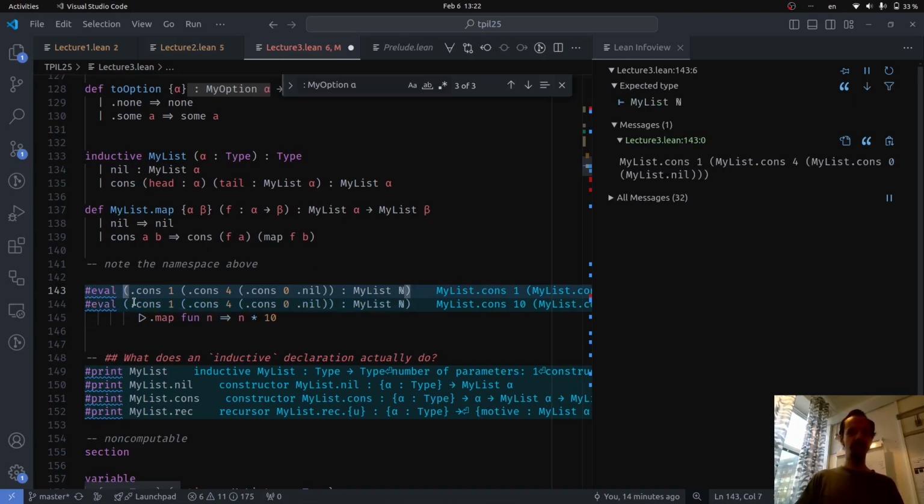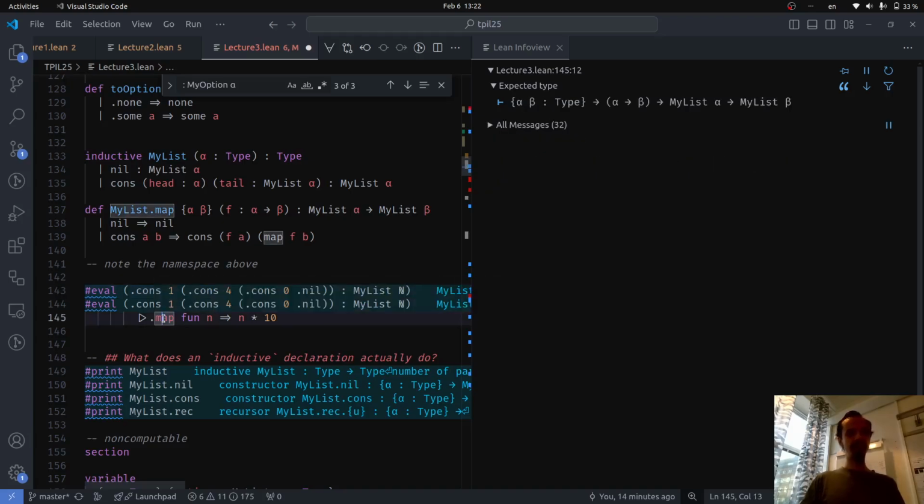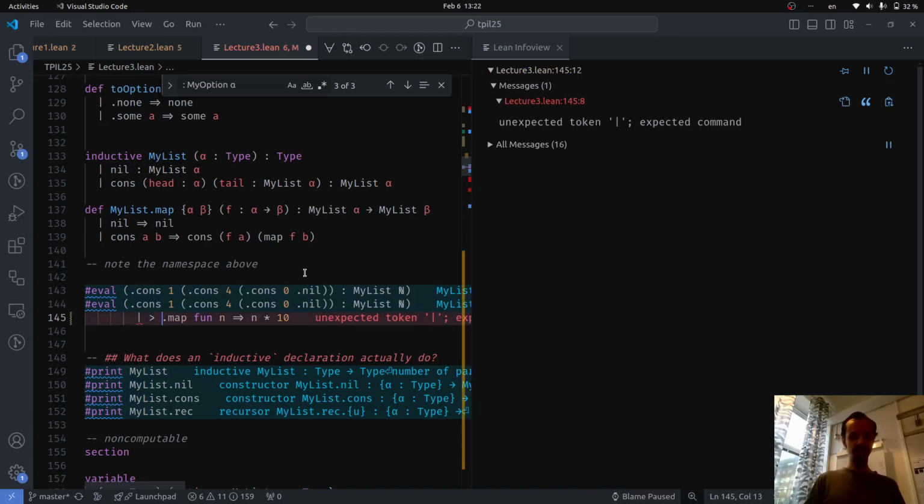So here we can evaluate that. We write this my list expression here, and we get a list containing 1, 4, 0. Since I haven't set up anything in particular for pretty printing, I just get this default thing, which says my 1, 4, 0, nil. Then here I can call this map function, and this funny syntax here is